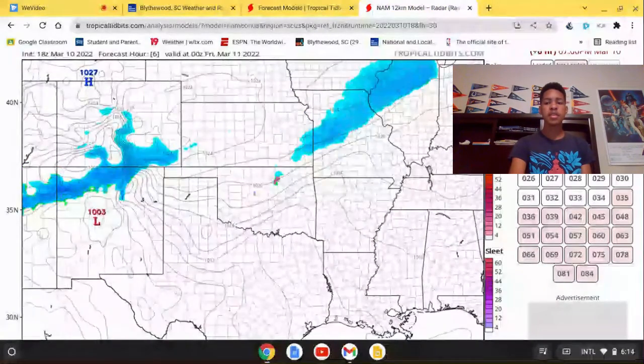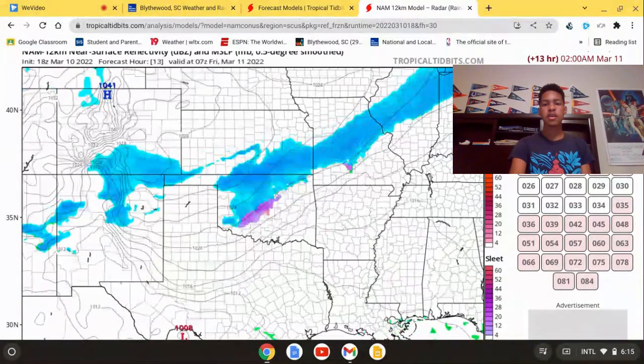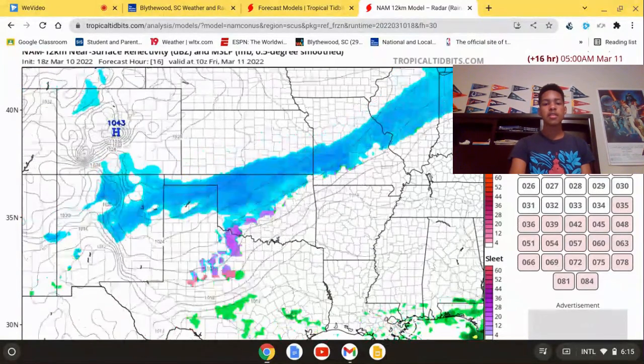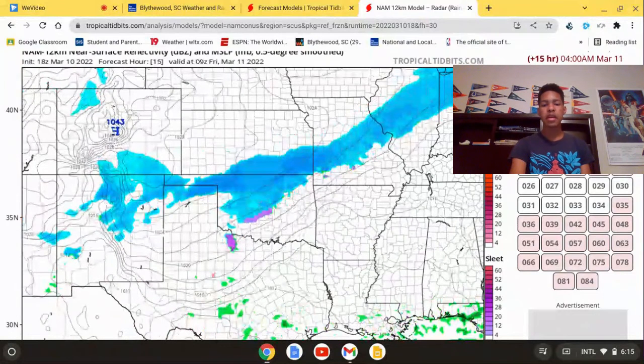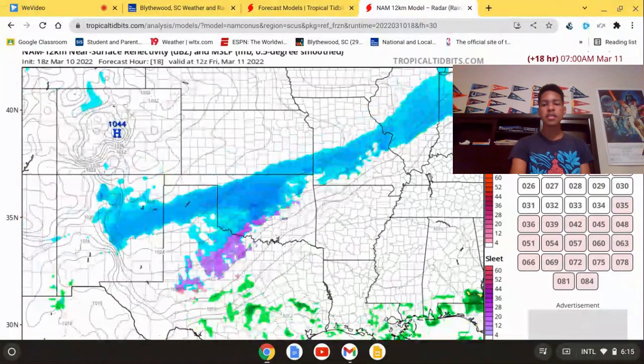So as we get into tonight, around 9 o'clock, the snow will start getting back into New Mexico. Like I said, Colorado and the Texas Panhandle will start seeing snow mainly around 6 a.m. And then you can see that pink and purple starting to come up. That's the sleet and freezing rain starting to move into the state of Texas. As we move into 7 o'clock, places like Oklahoma City and Tulsa will start as snow, and it'll be snowing for mainly the rest of the day until the afternoon hits.